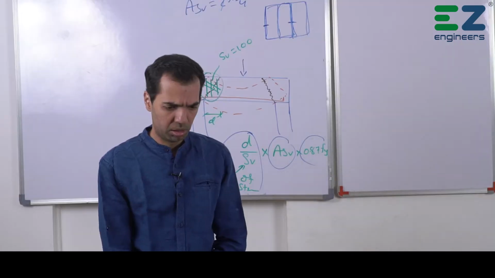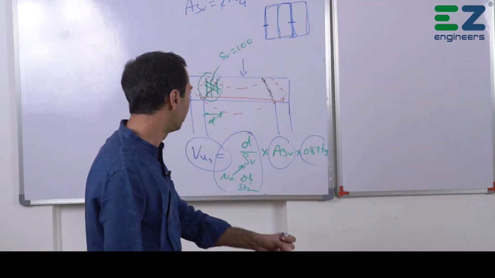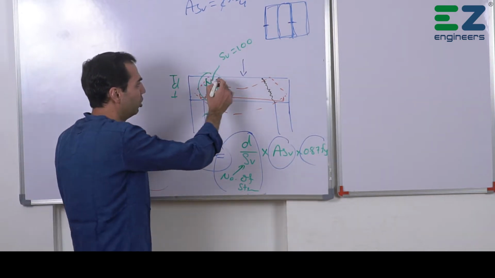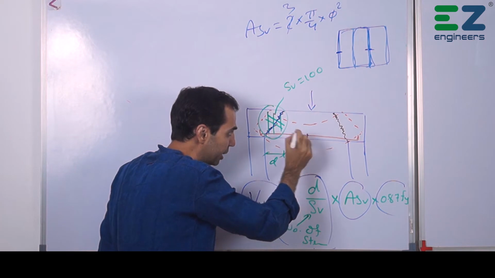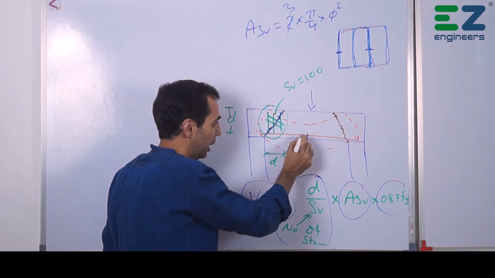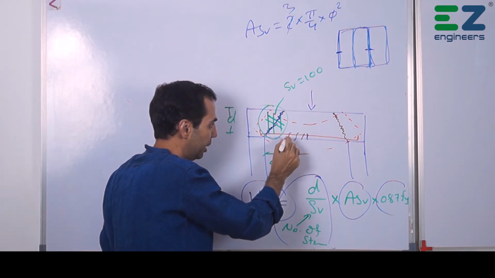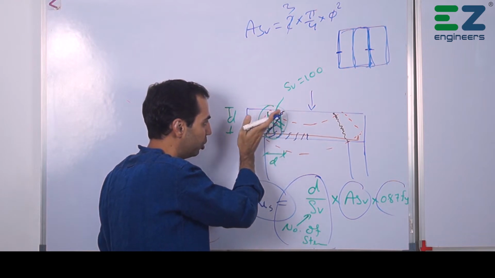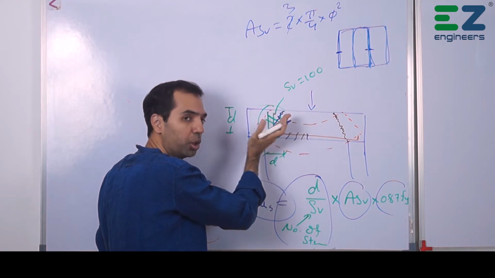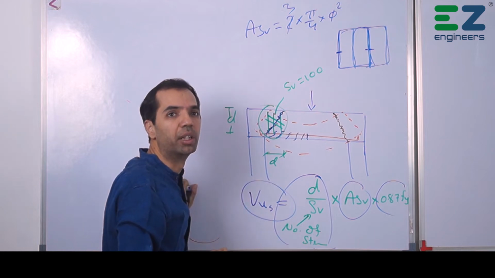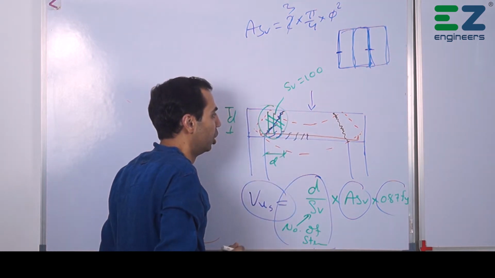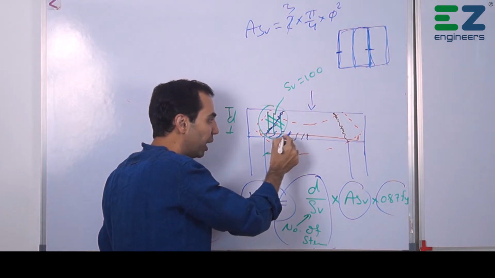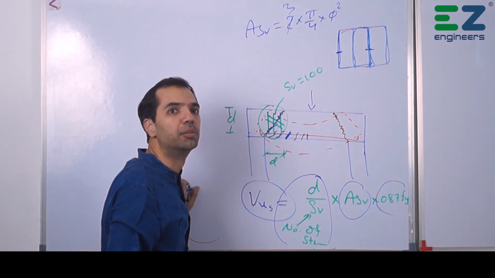Maybe it is interesting for you to know, friends, you know this crack is at 45 degree. This crack is vertical and slightly inclined, and this angle is going to be from 0 degree to 45 degree. This angle will be changing from 0 degree to 45 degree. You can even calculate this angle of the crack.